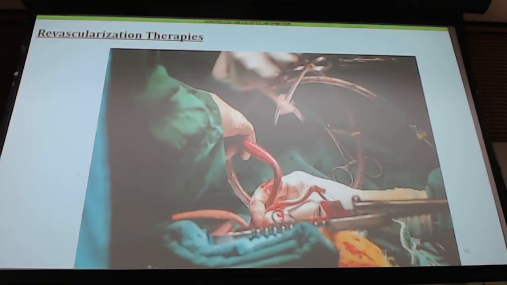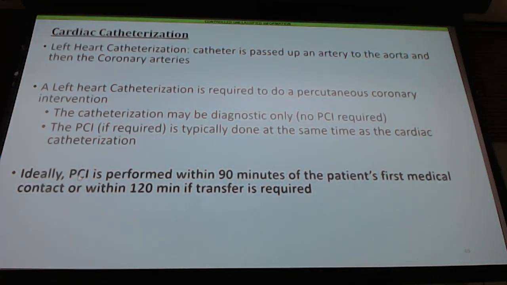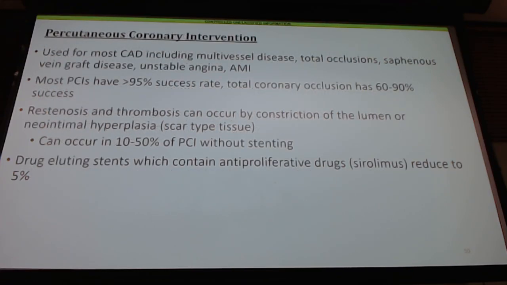So let's look at our revascularization procedures. We talked about these in the ischemic heart disease lecture, so we'll go through it a little quicker. But we talked about how PCI is a mainstay treatment for a STEMI, and that is the optimum treatment for a STEMI. And the reason for it is that if we can do it, you have a 95% success rate at restoring blood flow to a diseased coronary artery. And just remember what your time hacks are for getting patients to the cath lab based on where you're at, what your facility capabilities are, and stuff like that.